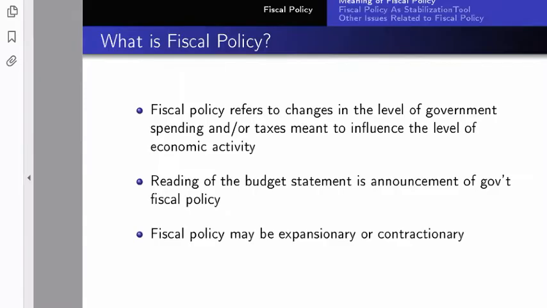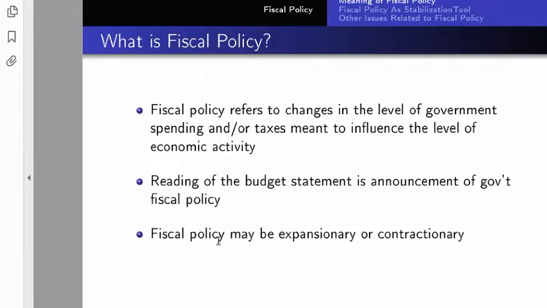So fiscal policy can be used in two ways, basically. Don't forget, look at the national income identity that we did. You see, aggregate demand equals C plus I plus G. That G there is what is referred to as what? Government spending. So we can use government spending to either increase Y or reduce Y. If we bring in the disposable income, then the tax also comes in. So we can use a tax to either increase Y or reduce Y. So that's all this particular point is talking about.